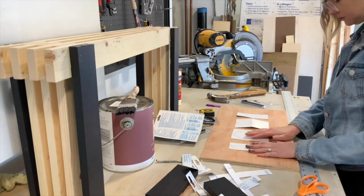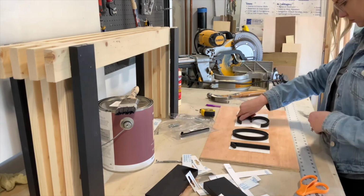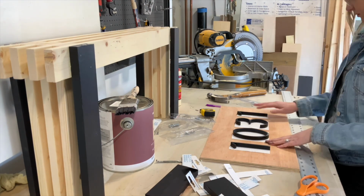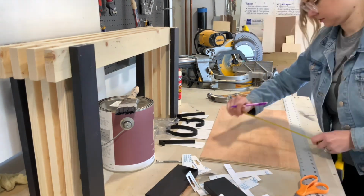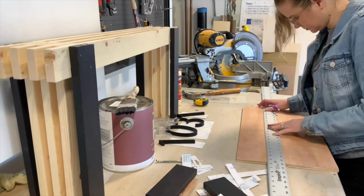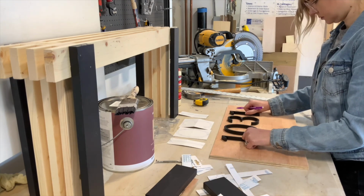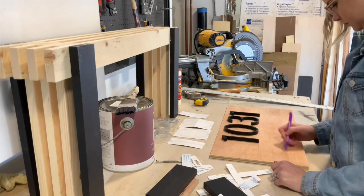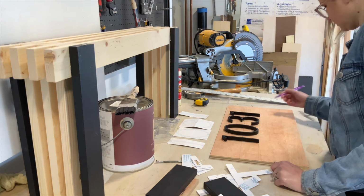The numbers come with a template which you can use to space evenly out on the surface you're mounting them to. I originally was going to mount these numbers in the middle, but then I thought it would look really cool if I moved them up a little bit and actually wrote out the street name October Drive down below. I moved these numbers up towards the top and then sketched out the design of the October Drive lettering that I had in mind. Later on, I'll actually print the letters from a computer and use carbon paper to transfer